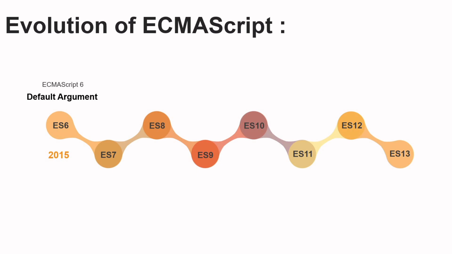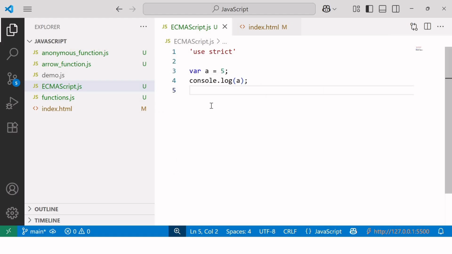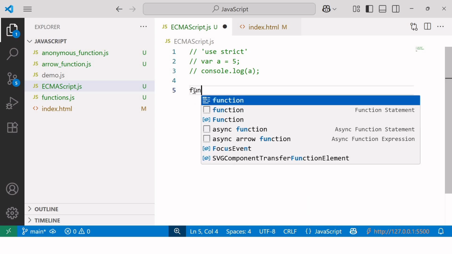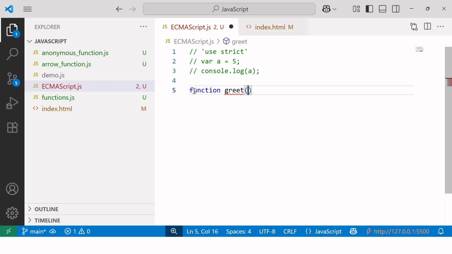ES6 introduced several key features, including template strings, default arguments, arrow functions, let and const, and the spread operator with arrays. So let's explore one of these features, default arguments, with an example. Let me go back to the Visual Studio Code Editor, and here we will write the example of default argument. Default arguments in JavaScript allow you to assign a default value to a function parameter. So let's create a function called greet, and here I'll pass one parameter name equals, I'll pass the value world,